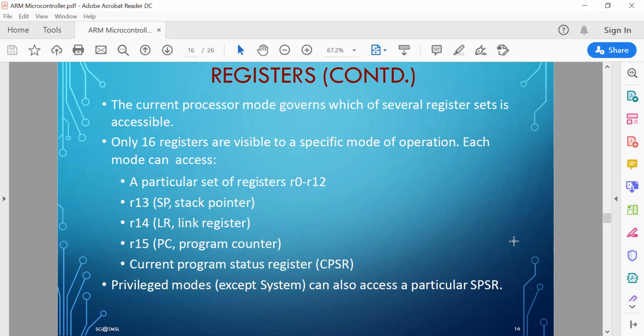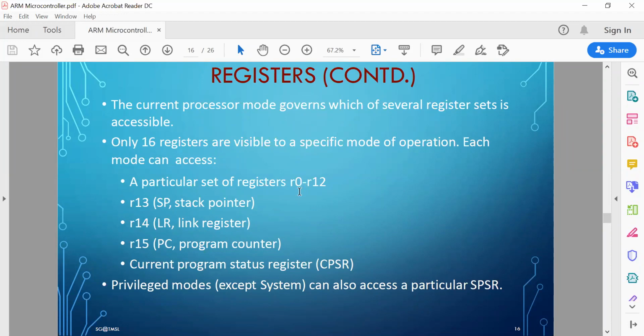Now, depending on the processor mode, it depends how many of these registers you can actually access. 16 registers are typically visible in a specific mode of operation. These 16 registers are as follows. There are 13 general purpose registers, R0 to R12.